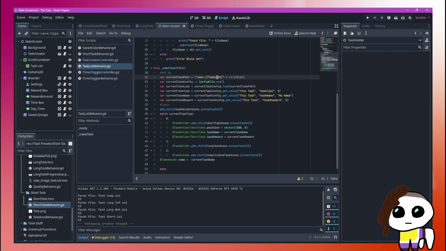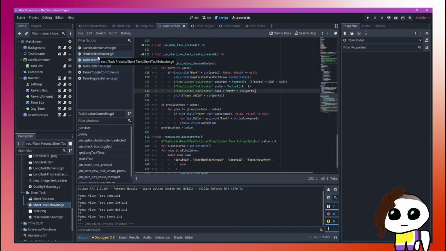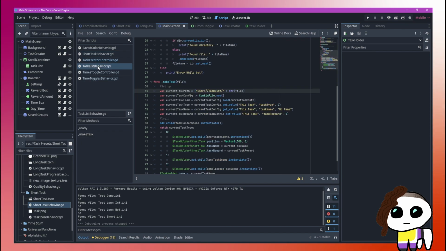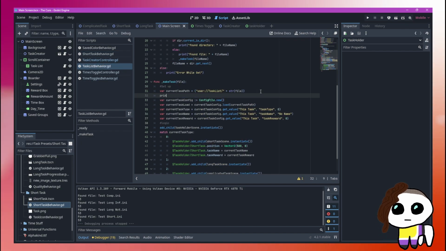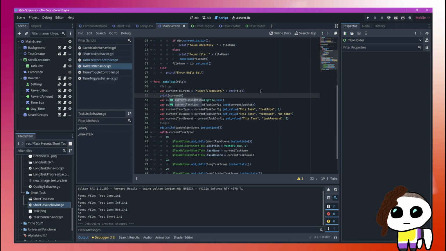The path is equal to that slash plus file. The file is test long info. Should work, right? Let me print current pass